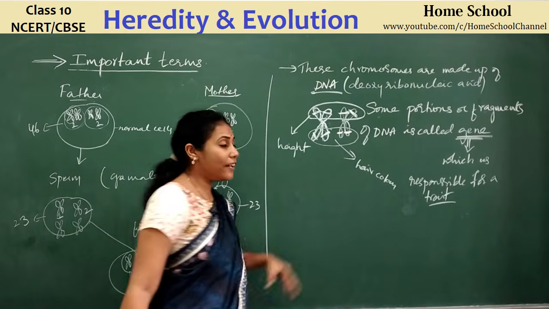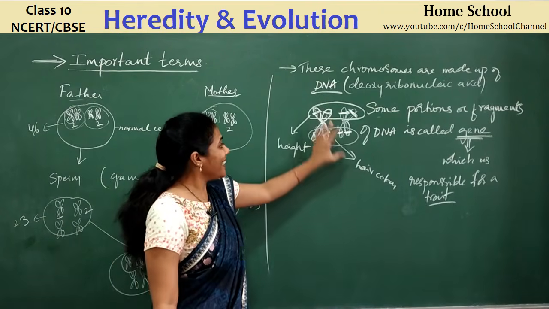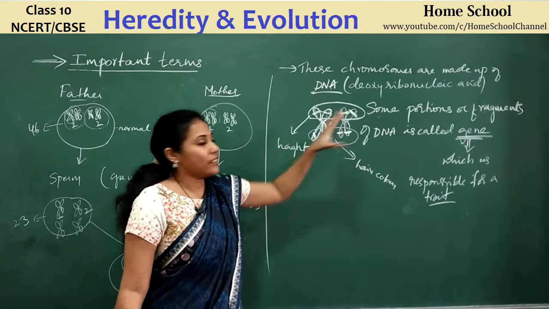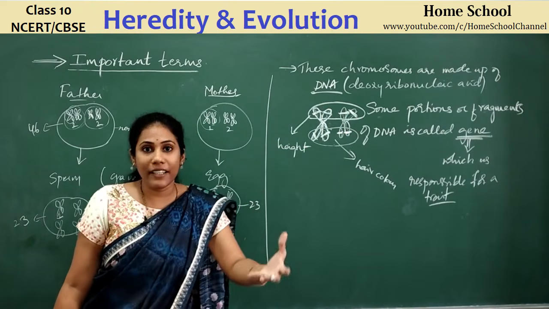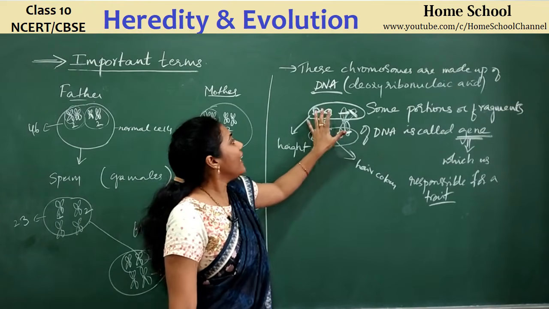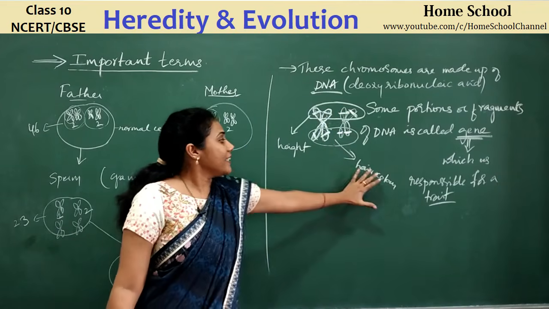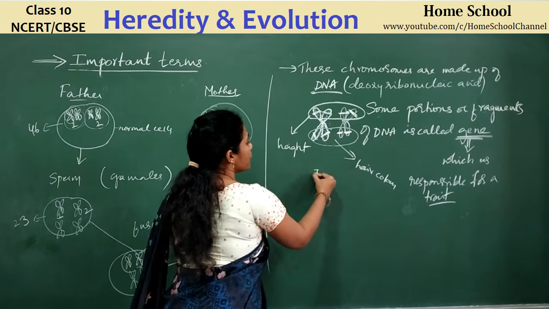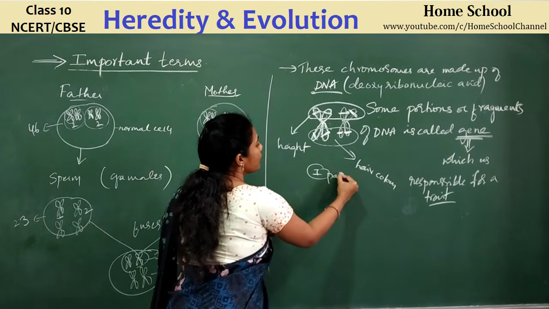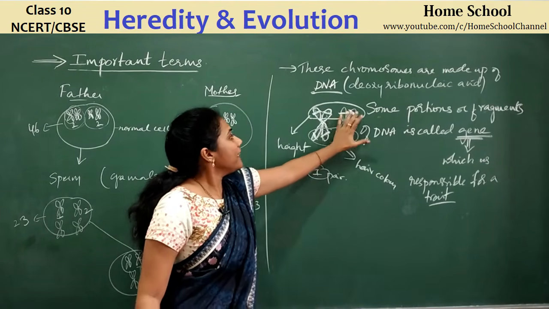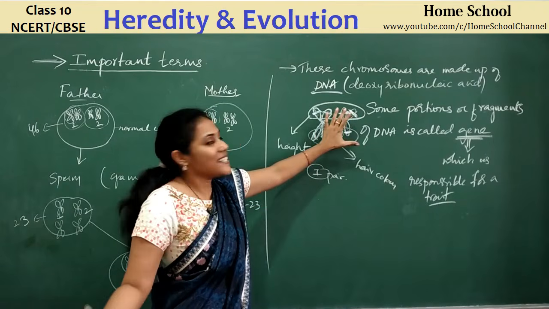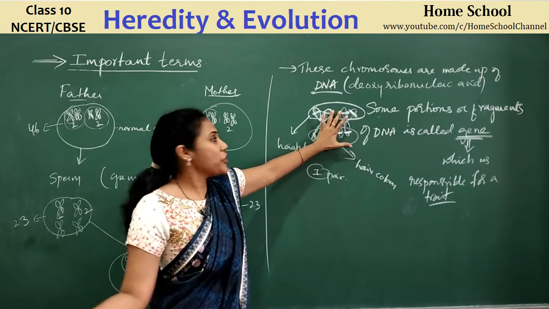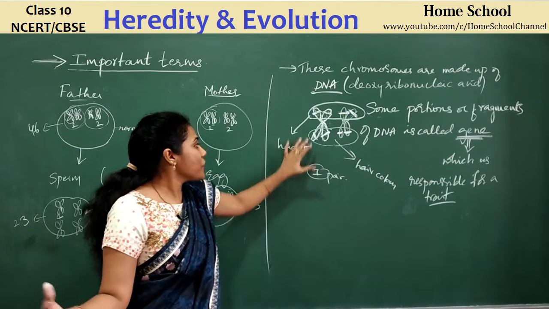Got to know? We have 23 pairs now. In each pair, there are certain areas which we call gene. Gene is nothing but a DNA. There you actually have information regarding certain characters. Say this is the first pair of chromosome. Imagine this is the first pair of chromosome, guys. Here, this particular area of a chromosome has some information, and that information is what we call a gene, and that is responsible for which character?